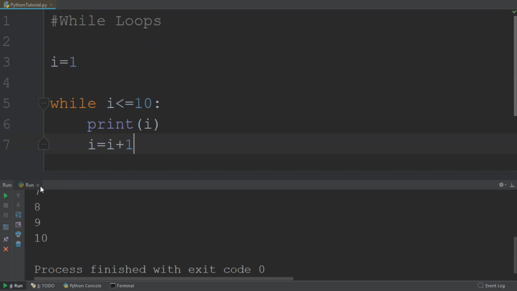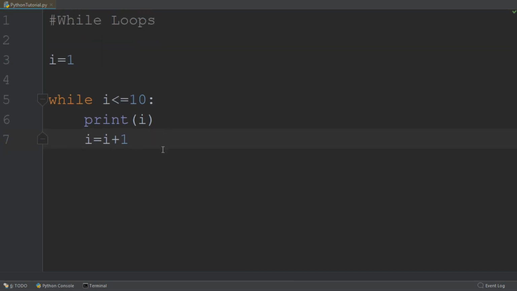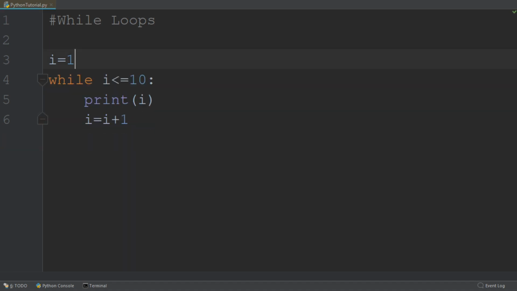Now, while loops are quite cool because we can also nest other statements within a while loop, for example, an if statement. So let's go ahead and try and nest an if statement within this while loop. We can, for example, say that